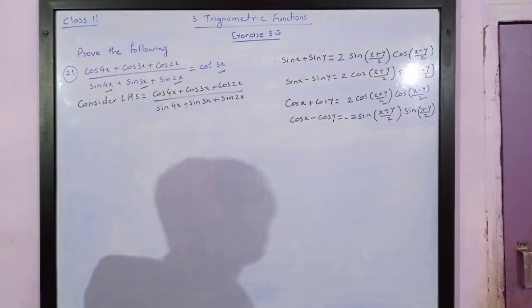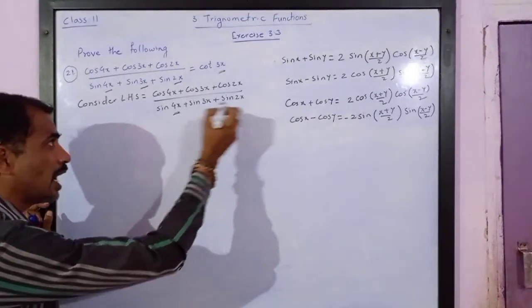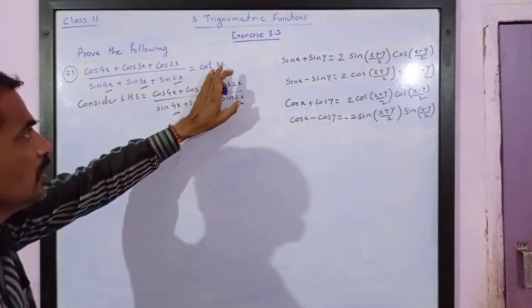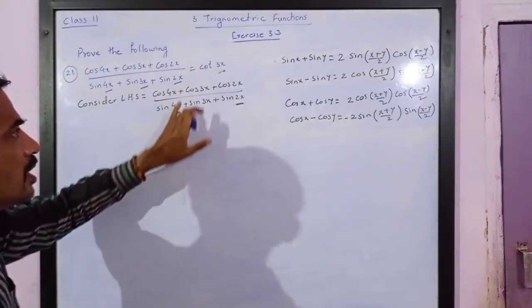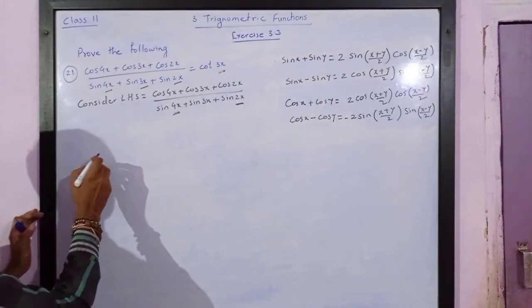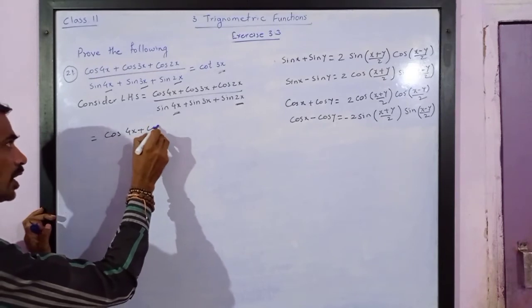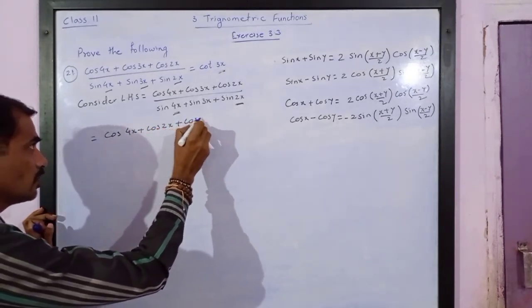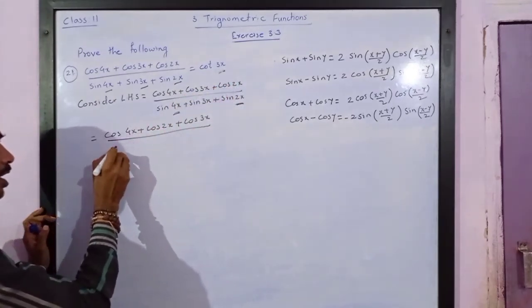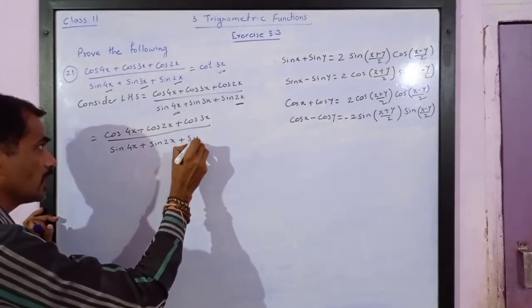Now in order to change the angle, please note, if you use this, we change the angle. So we need to change the 4x and 2x angles. 3x can be solved a little later. So we will keep 3x because we need it. It must be a part of the answer somewhere. But 4x and 2x we don't want. So we rearrange these terms of the numerator and the denominator. So we will get cos of 4x plus cos of 2x plus cos of 3x. Watch carefully what I have done. I only interchanged the position of the terms. And at the denominator I will get sine of 4x plus sine of 2x plus sine of 3x.